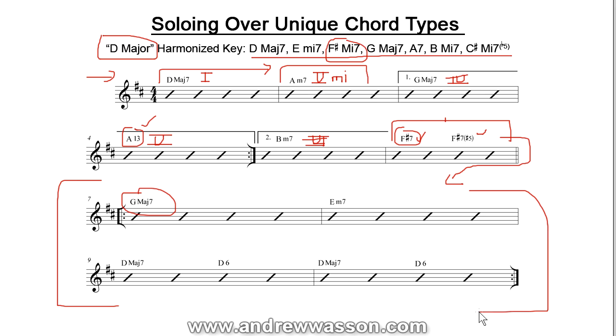It's all completely diatonic. There's no unique chords really showing up. The G is obviously the 4 chord. The E minor 7 showing up here is just a 2 chord, so you can just keep playing your D major key center, although if it's cool with you, you might want to go into using G as Lydian mode,